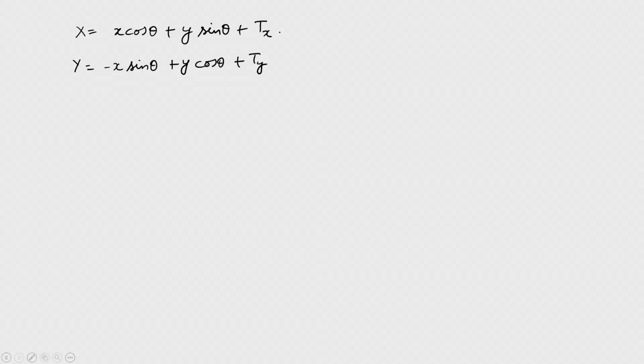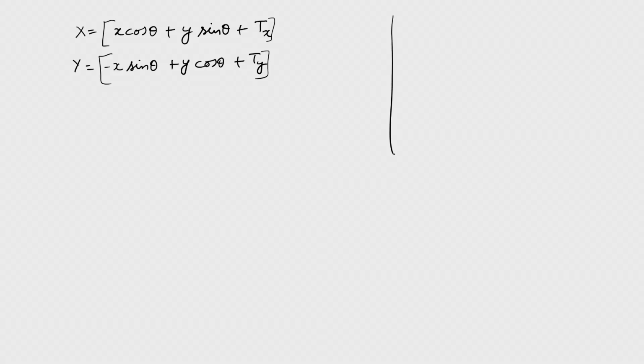Here T x and T y are the translation in the capital X and capital Y, such that I will get these two equations here like this. It is a very simple equation of the translation and rotation, that is, conformal transformation about the z axis by theta angle and then translation.